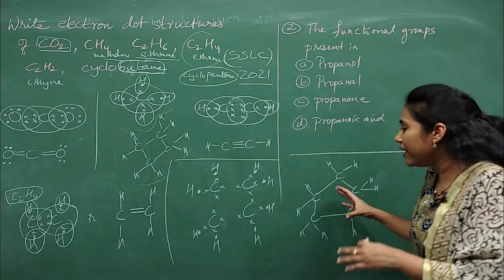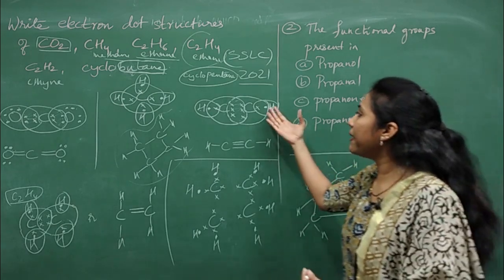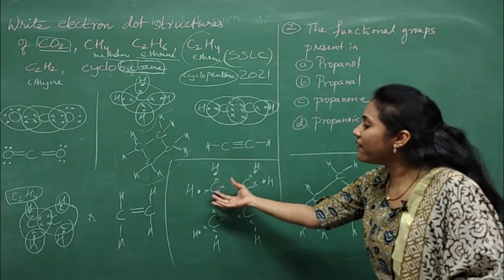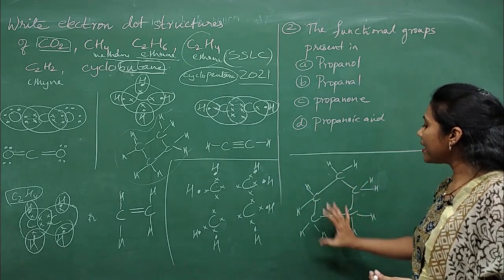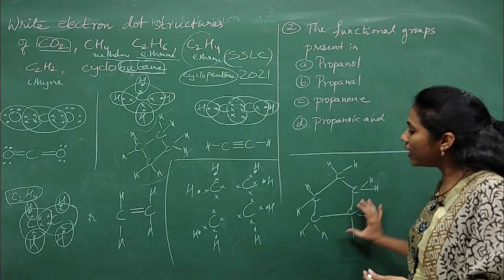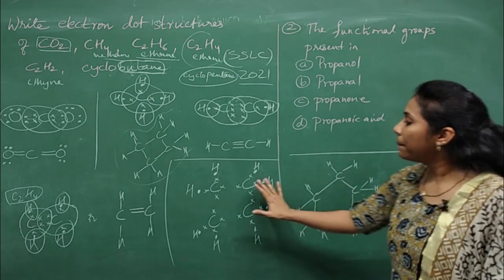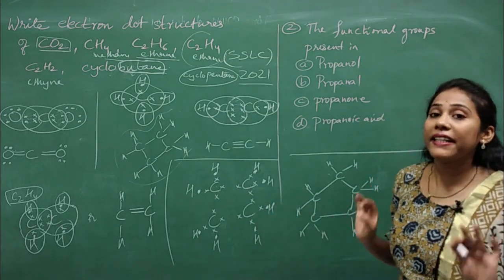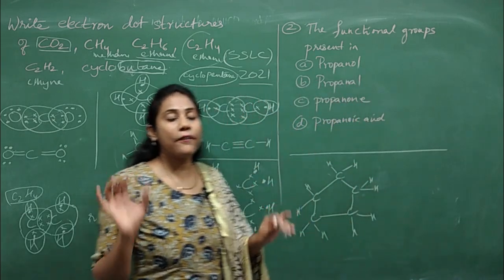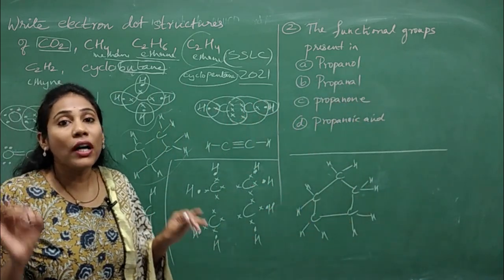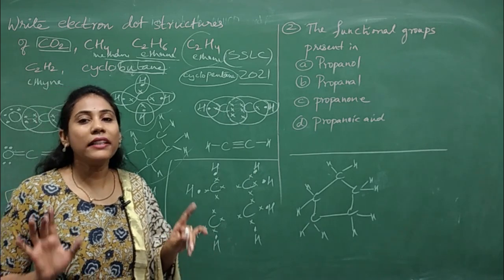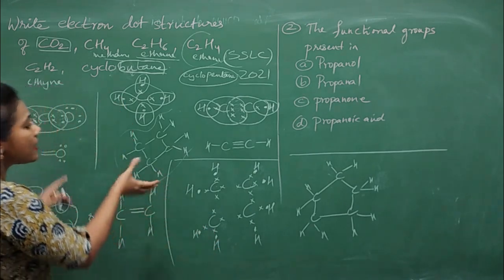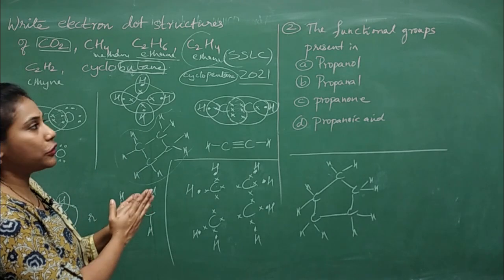When a compound is this complex, we don't expect you to put the circles around it. Just show the valence electrons on the respective carbon and hydrogen atoms in a particular shape. Pentane in the sense pentagon shape. Butane in the sense what? This is a square shape, isn't it? So this is how you have to write the dot structures of the compounds. Definitely, dot structure is a very important concept for this year. At least one compound's dot structure can be asked. Clear? Fine. So this is our first topic of the chapter, an important one.